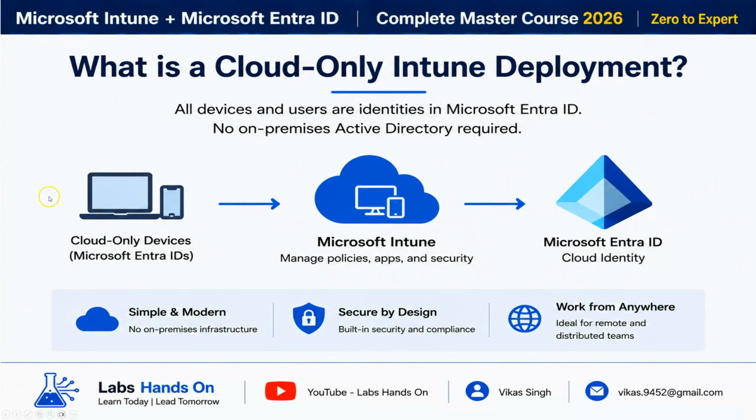So now, what is cloud only Intune deployment? This is very important, and this is one of the latest approaches, and most organizations use this deployment. Basically, a cloud only Intune deployment is a modern device management approach where there is no on-premises Active Directory. Instead, all users and devices are directly managed by Microsoft Intune only. You will manage all the policies, apps, security, everything by Microsoft Intune only, and your identity platform is Microsoft Entra ID,